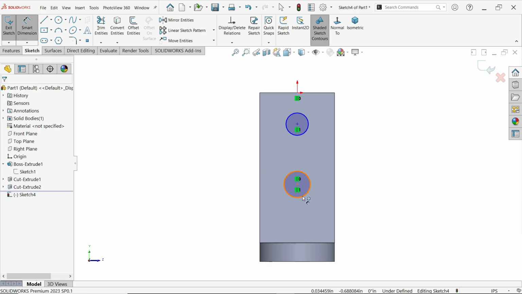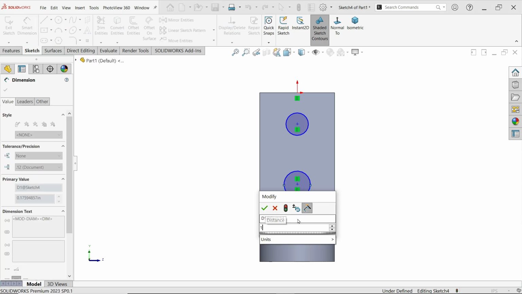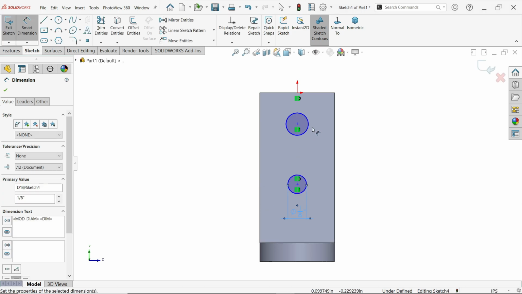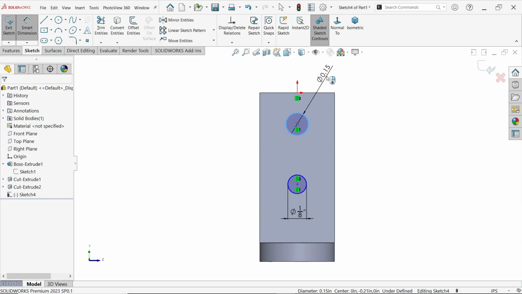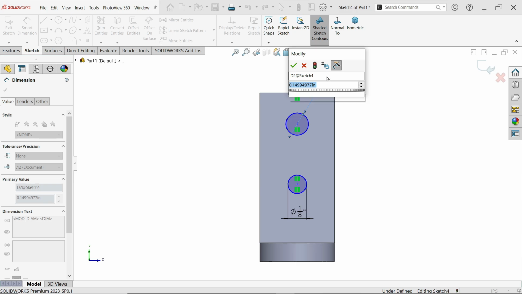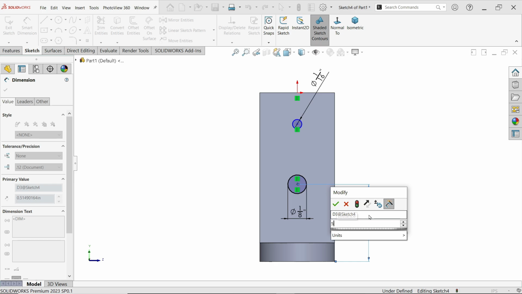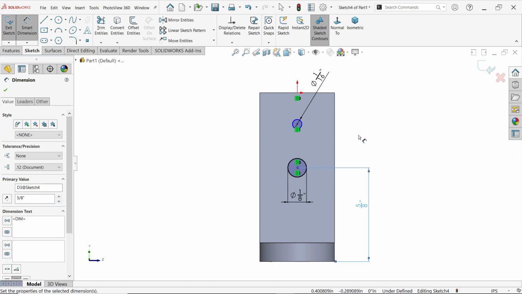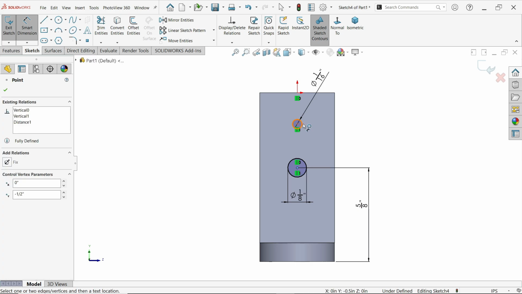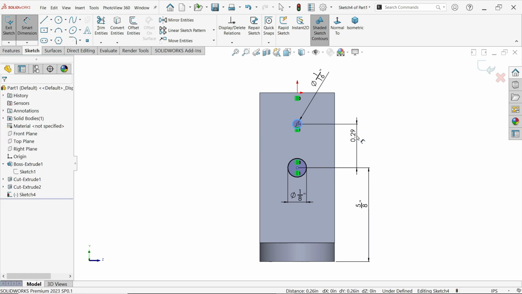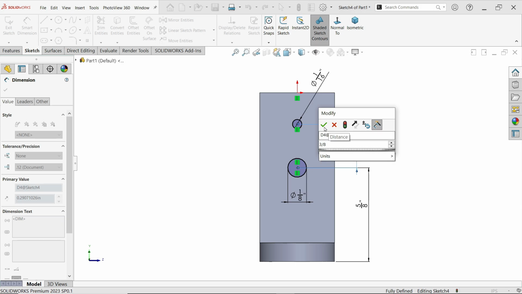Smart dimension. Now this whole diameter 1 by 8 inch. This whole diameter 1 by 16 inch. Okay. Now the first distance from bottom 5 by 8 inch. Fine. And the distance between these two holes 3 by 8 inch. Look,